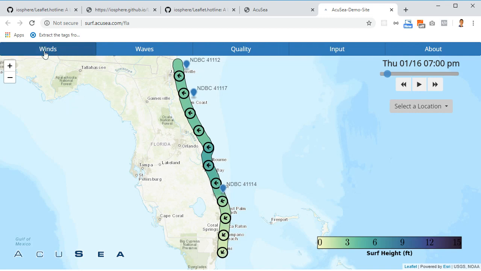Now if we click on these buttons on the top, winds for example, this line is changing color according to the wind size, and then waves, height, I guess, quality, and I think that's it. Three parameters they change. And in this video we will build a line like that, a hotline. It's called hotline because there is a Hotline library for Leaflet maps, and we won't build all this functionality for so many parameters. We'll have just one,